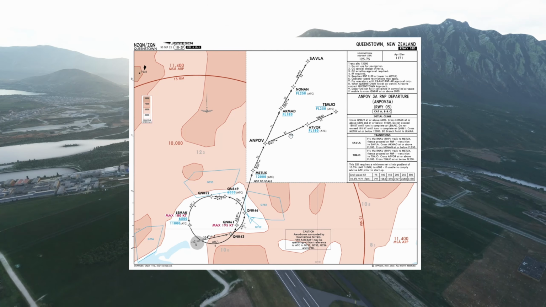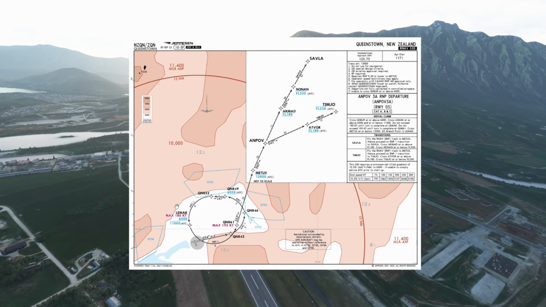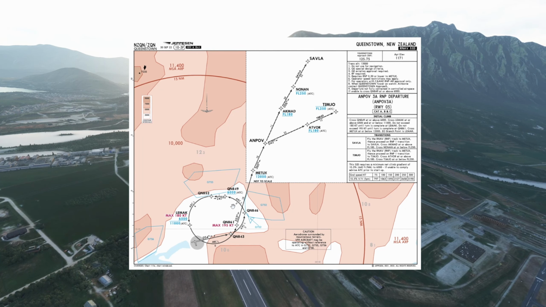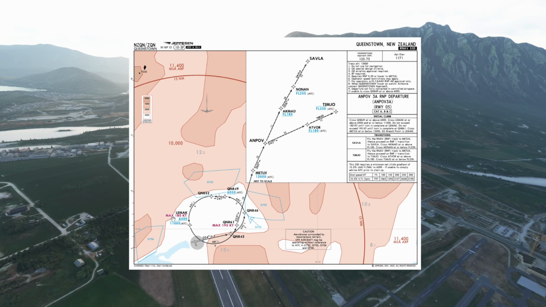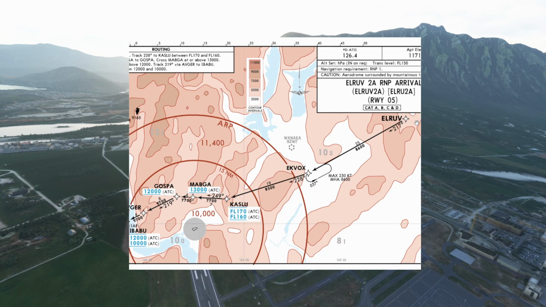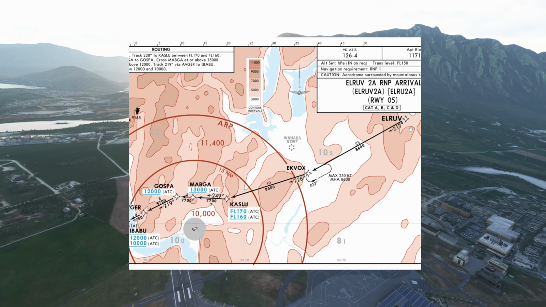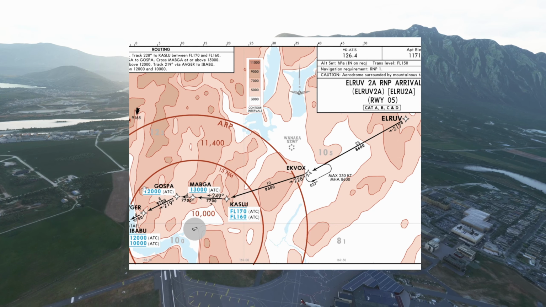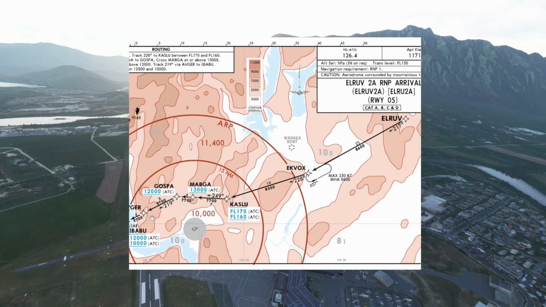This departure has several speed constraints, which helps to force a steep climb to get above the surrounding terrain. There are several altitude constraints as well, and we'll talk about them in the flight. Here's a quick look at the standard terminal arrival route that will take us to the approach itself. As you can see, we again have several altitude constraints, and the GPS waypoint where we switch to the RNP